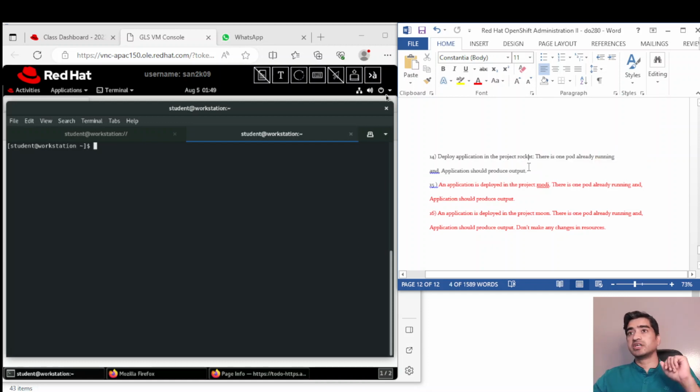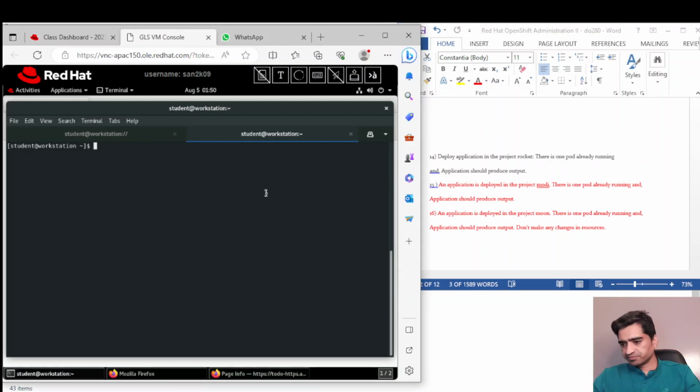So in short, there is a project by name Rocket. In that project there is a pod which is in running state and application should produce output. So finally the goal is whatever application which is deployed, that application should produce output in the browser. So first thing is, let's go to that project, oc project Rocket,